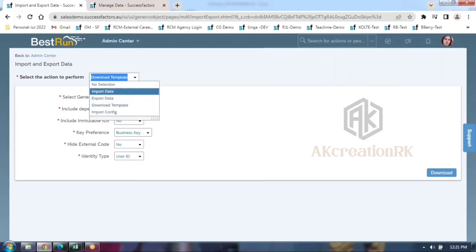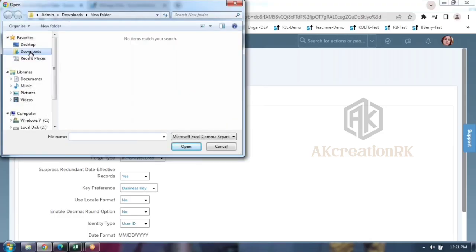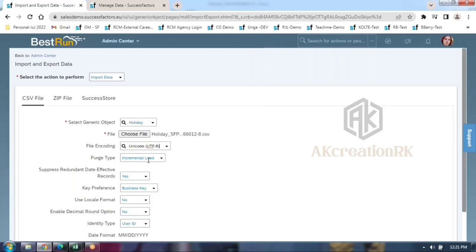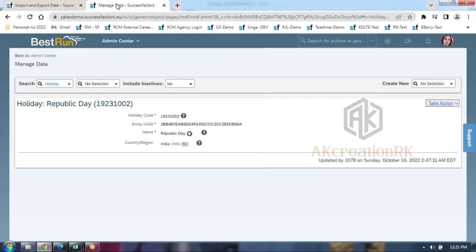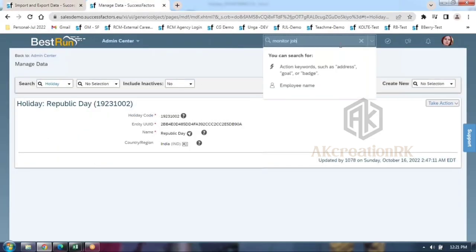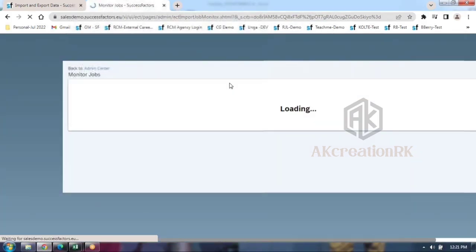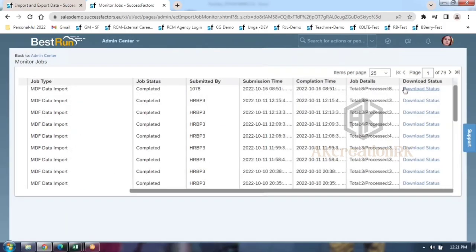Now let me go by import holiday. Choose the file. Test run. So total 8 records, processed 8 records passed.